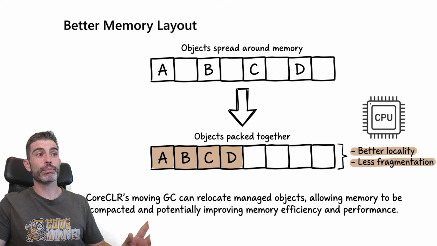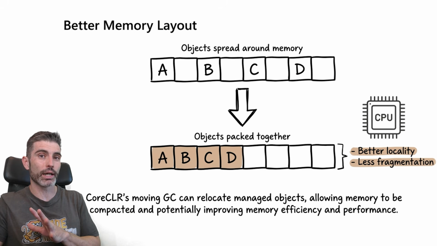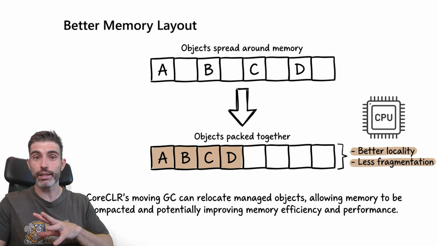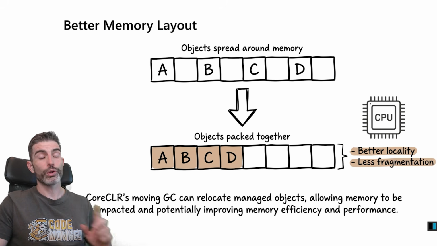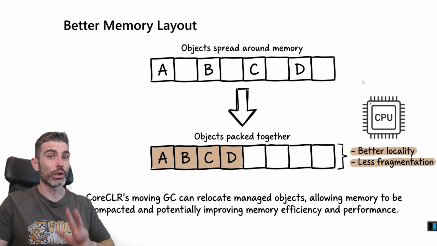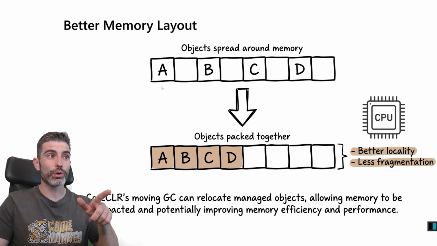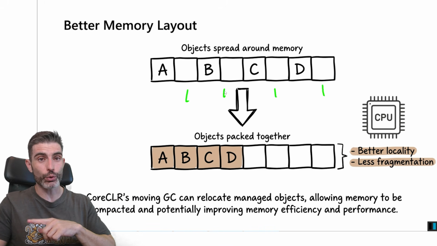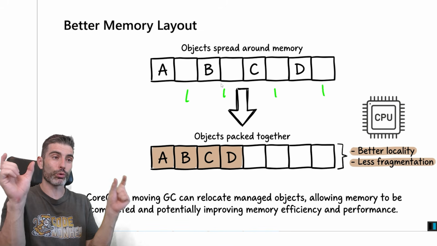Another great bonus has to do with how CoreCLR handles garbage collection, and how the garbage collector is actually quite a lot more intelligent than the current garbage collector. One very great benefit is how it leads to a lot less fragmentation. So right now, if you've got a bunch of objects in memory and you delete a bunch of those objects, you end up with a bunch of empty fragmented spaces. Whereas with the garbage collector included in CoreCLR, that one is smart enough to know how to grab all those